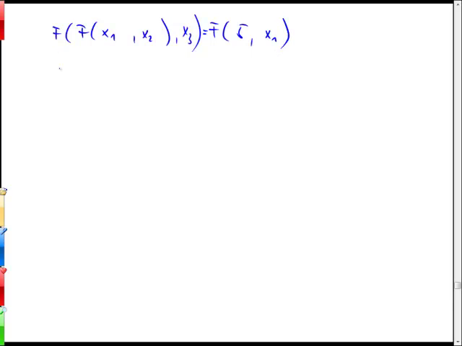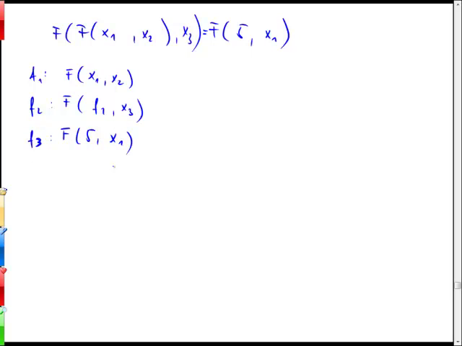So now I replace each application. F1 will be, let's say we go from inside out, f of x1, x2. The second application is f of f1, x3. And the third application is f of 5, x1. So the flat formula is